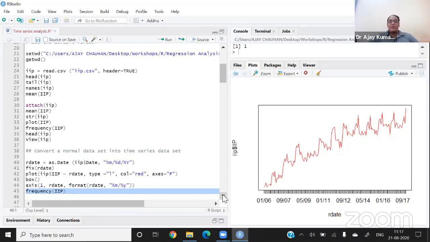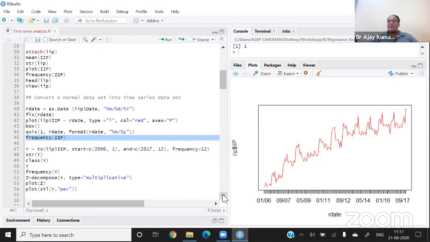So, according to my experience, I shall suggest you, if you are working with monthly data, or if you are working with daily data, the first responsibility is to convert the normal data set into a time series data set. And the command with which we can convert is this. So first of all, you have to understand what this command is, and use this command to convert into the R system date. And after that, your data will be considered as a time series data set. So kindly remember this date. It is a very important command.